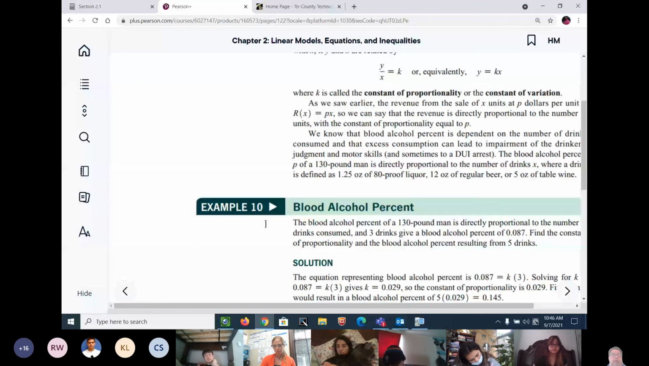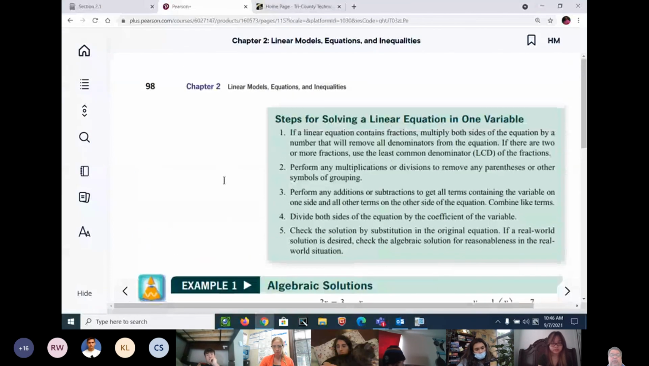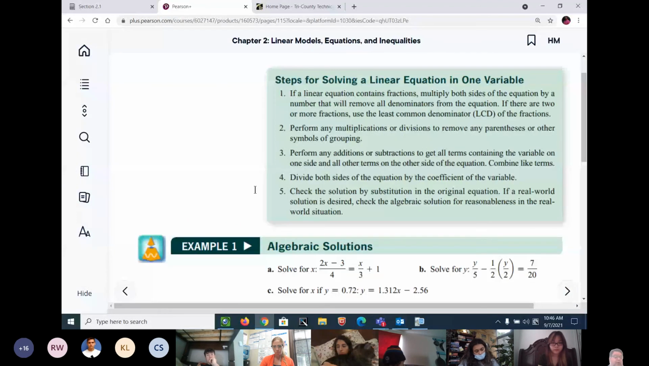Okay. All right, so let's take a couple of examples of the ones that they got at the beginning of 2.1. And here's one example right here. This is how you solve equations. The first equation is 2x minus 3 over 4 equals x over 3 plus 1. And how do you solve that equation? Well, it's a fraction. And I'm going to write in red right here. Whenever you're dealing with a fraction or a rational equation,